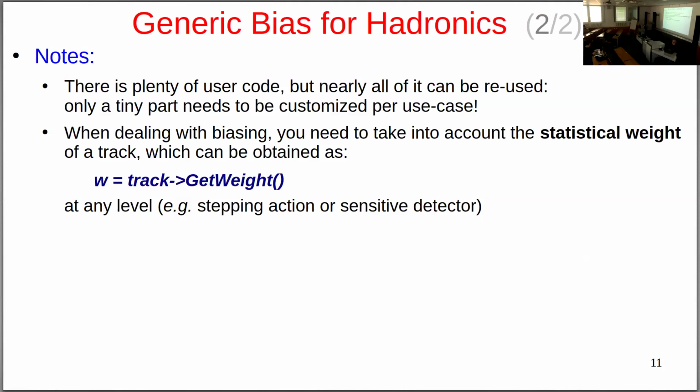An important thing to keep in mind whenever you're using biasing is that the weight of the particles or tracks, if you want, is not 1. It's a number which is different. And you need to